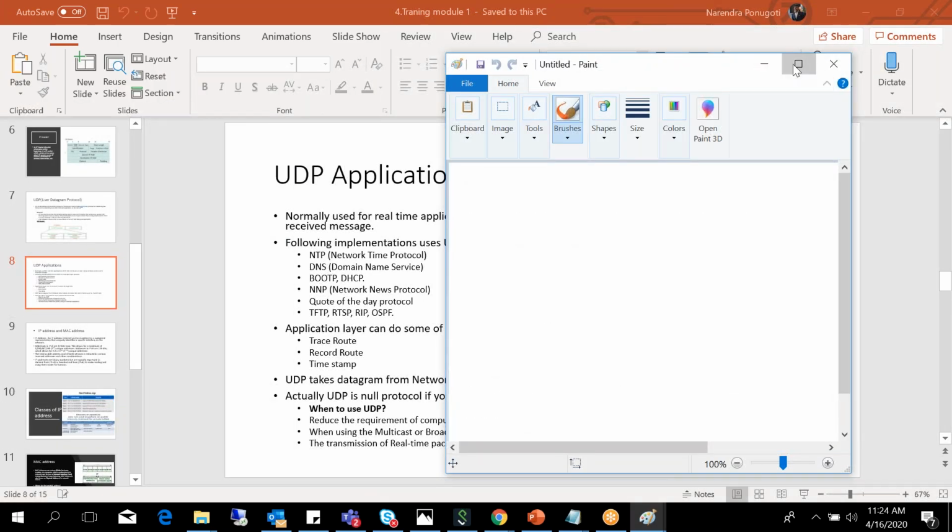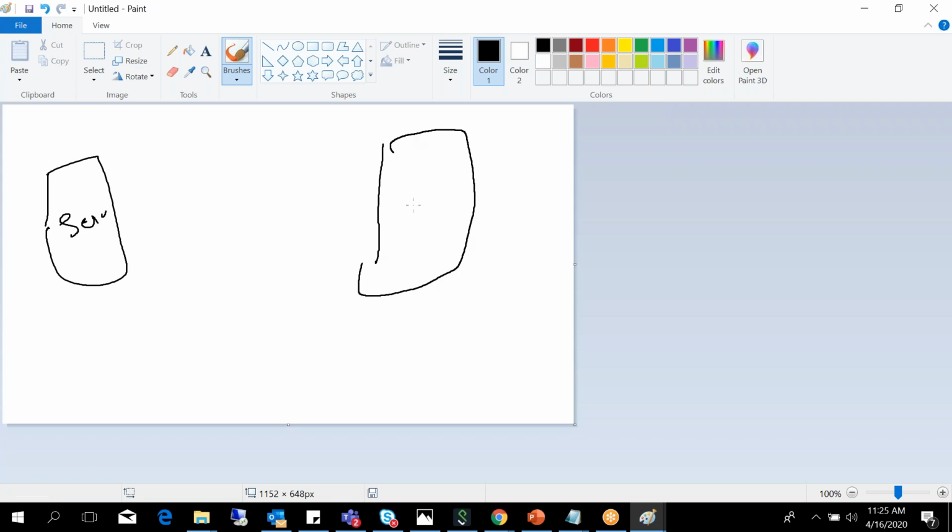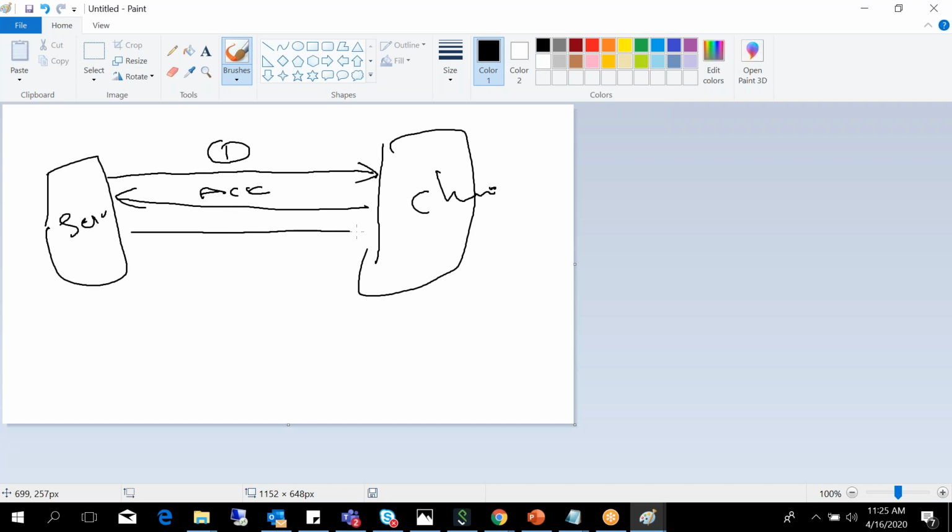Let's say this is the server and this is the client. The server sends the first packet, then the second packet, and gets the acknowledgement. Third packet, acknowledgement.